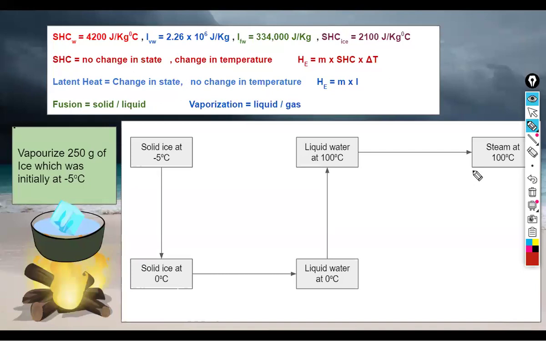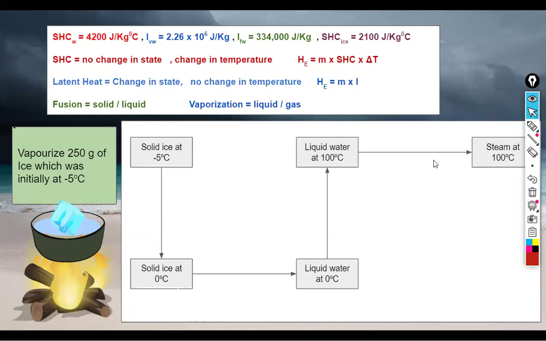You'll realize this is not a question simply about heating ice. It has a lot of state changes because ice is solid and your end product, which is steam, is a gas. In between, it has to change to water. So there are plenty of changes of state here: solid to liquid and liquid to gas. Let's go through this